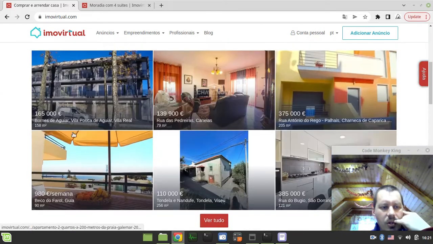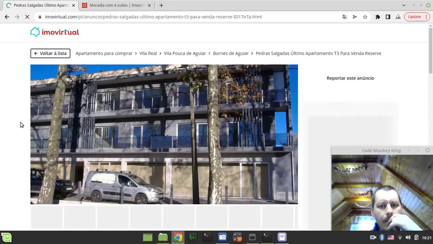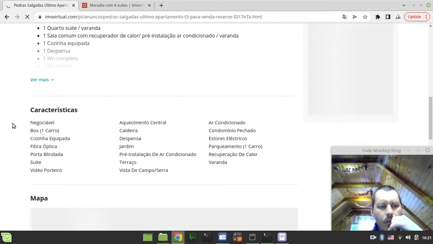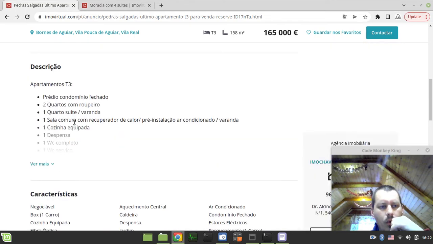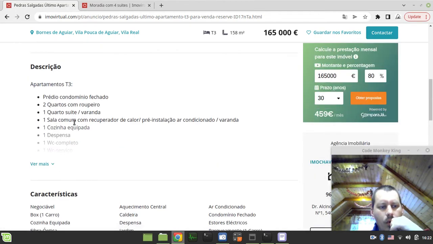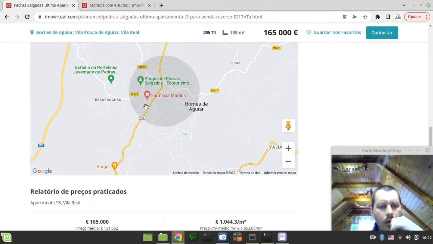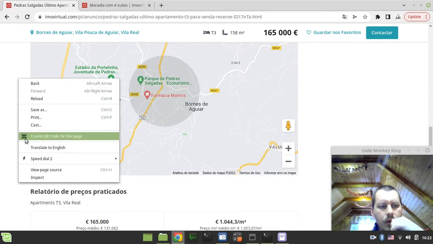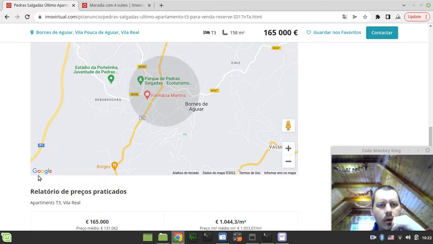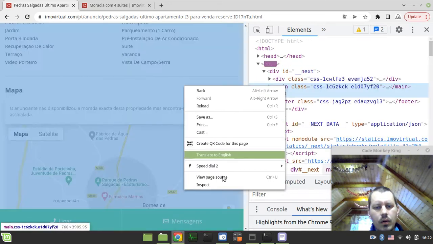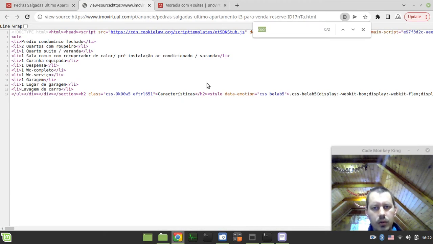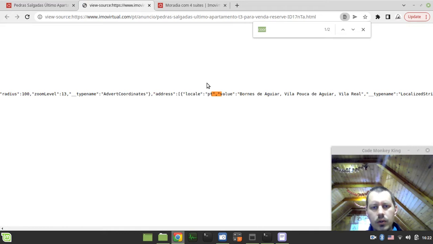Okay, if I just try to grab a random property here, and I wanna know if the coordinates are ever on the cards. No, not like this. View page source. Coordinates. Okay, hold on a sec.